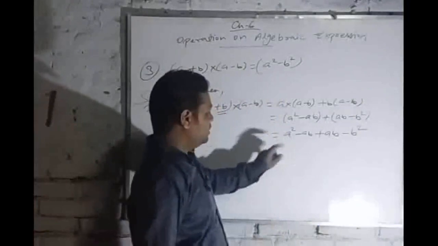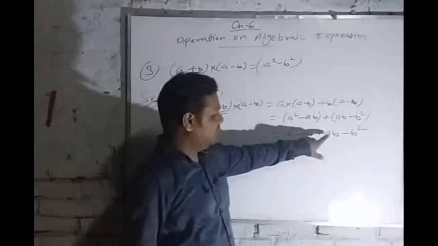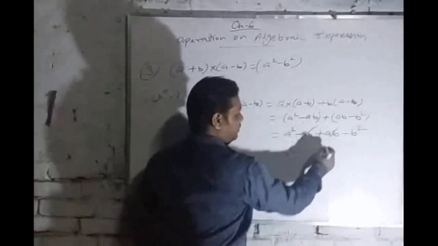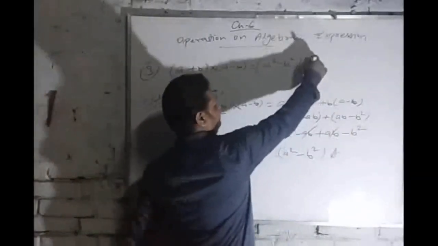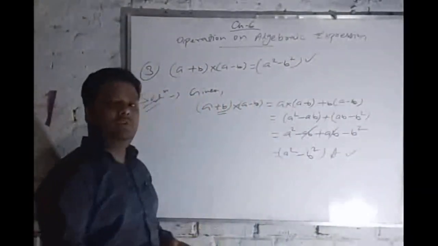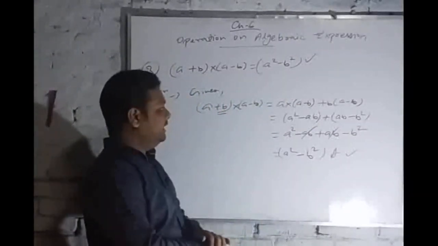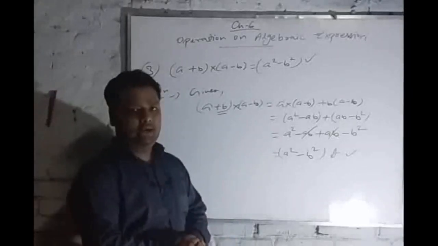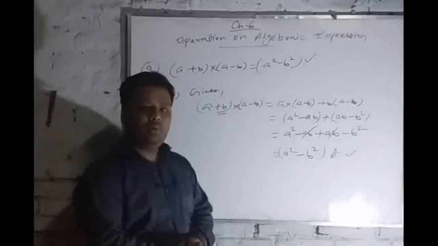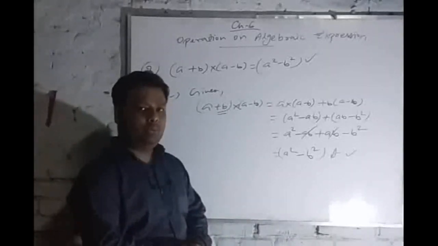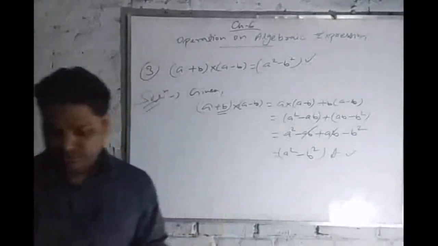Okay. Now you see a square only we will write here. But here you can see one is on the minus side and one is on the plus side. Both are the same, so that is cancelled out. Now minus b square is only left. So same identity we will get. Okay. So like this we will find any identities, and then I will show you how to multiply any polynomial by using these identities. Okay dear? Let's see at first.